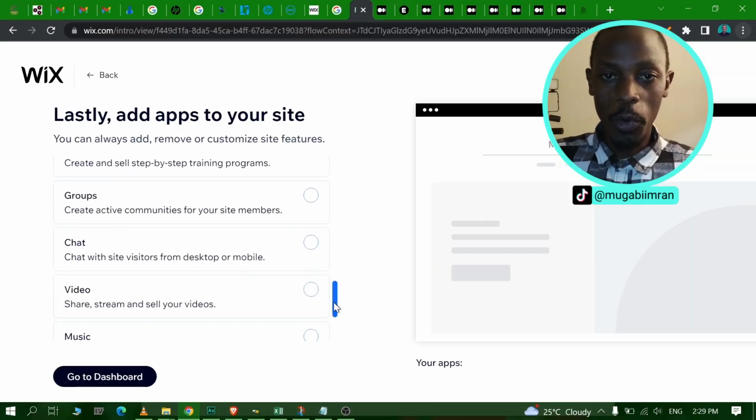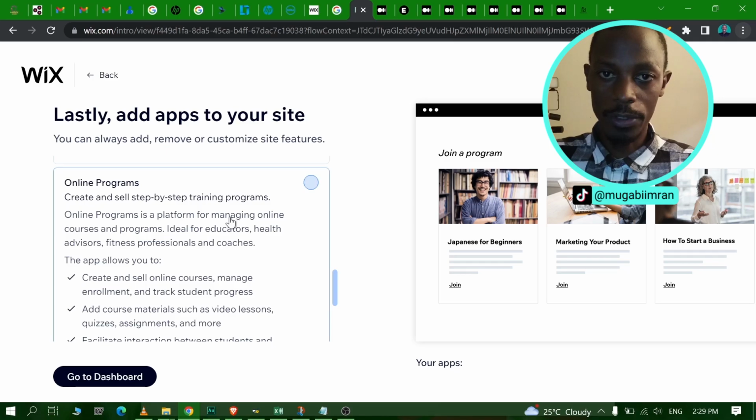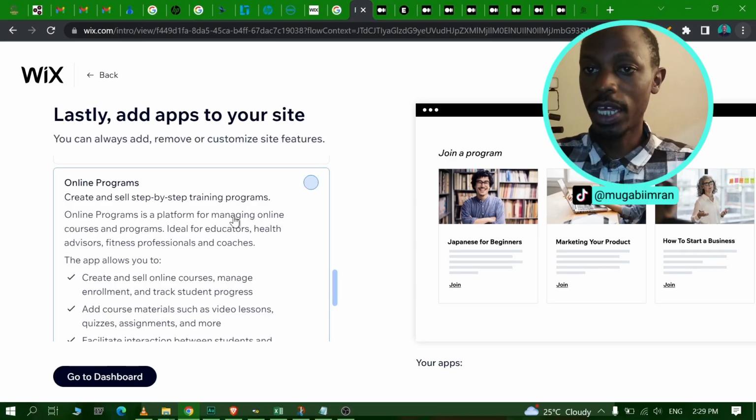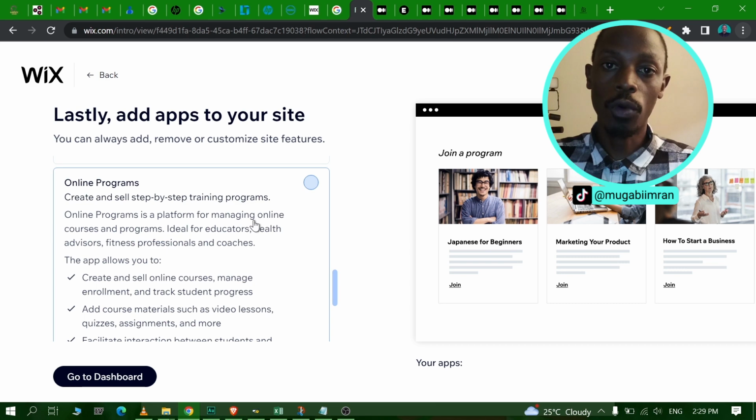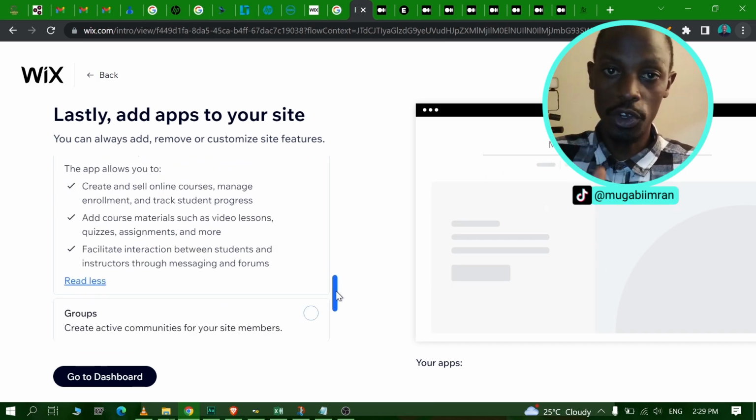Next is the online programs. Very important app right here, especially for schools that want to set up online programs, online classes. This is the app you need. So it allows you to sell step-by-step programs, training programs on your website. Earlier on, we looked at the pricing plans. We also looked at the bookings app, which can also be used for fitness trainers. But this app right here, the online programs, can also be used for fitness trainers, coaches, health advisors, and educators